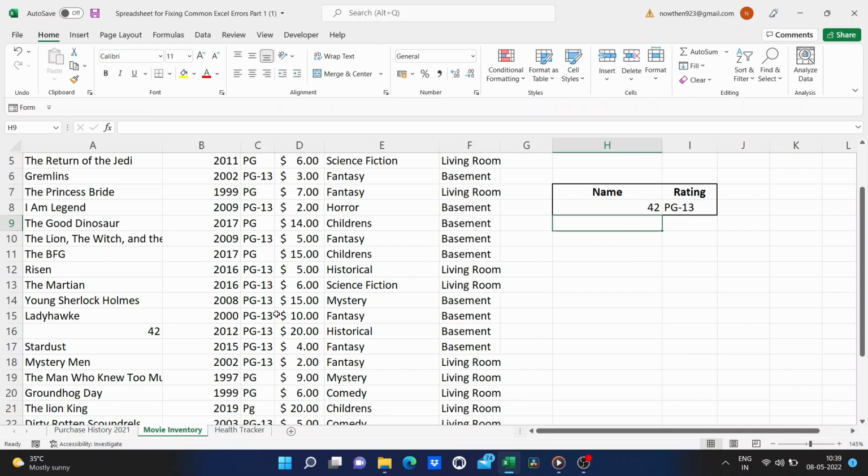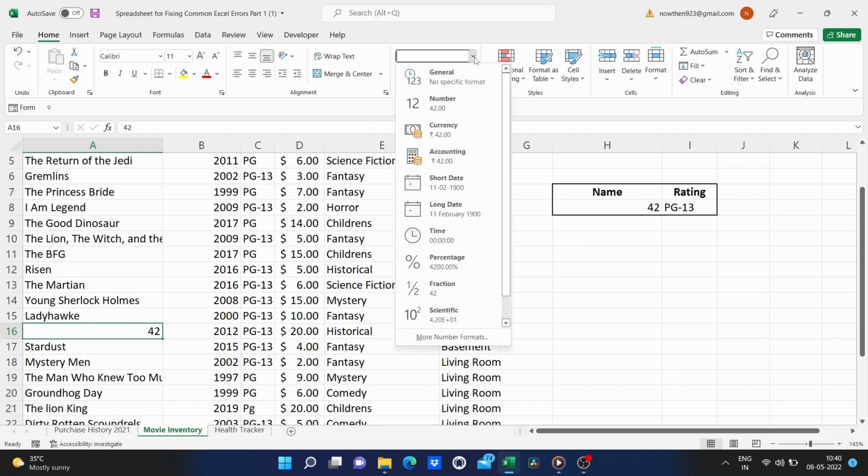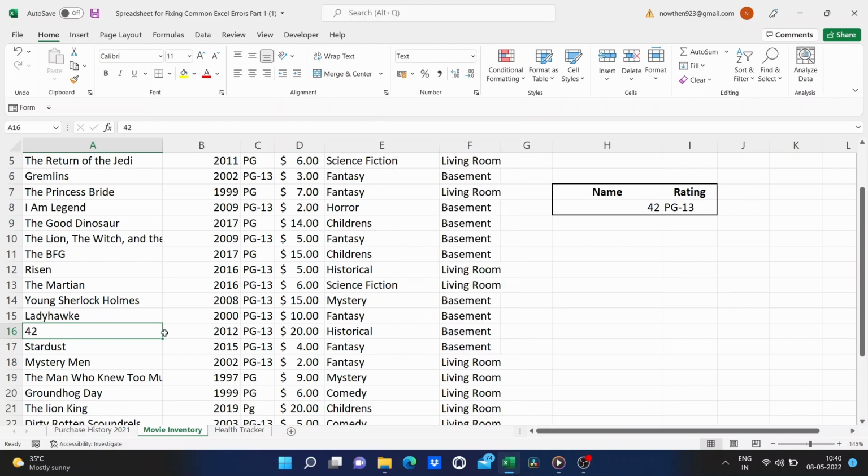But from time to time that might not work for you. And if it doesn't, it probably has to do with the number format. So right now, this number in this cell is considered to be a number. But in some cases, it might be considered to be a text. 42 is actually the title of the movie. It's not really just a raw number. So if you're ever doing a VLOOKUP and it gives you an NA error, and you're dealing with numbers, you might consider making sure that the column or row is formatted correctly, either as text in this case or as numbers.